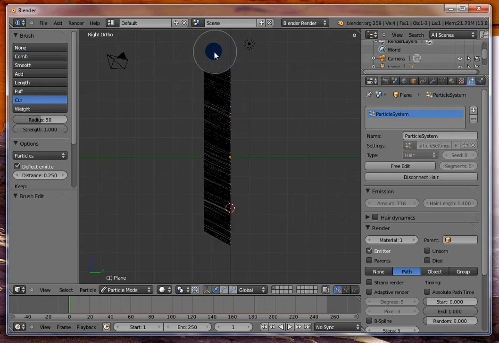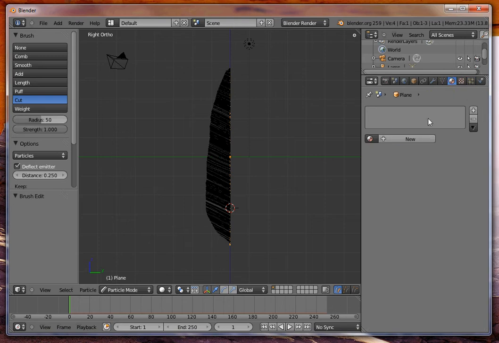Now we will just trim it to be shaped like a feather. Again, if I wanted a realistic feather, I would pull up an image and try to match the shape of the feather exactly. There's a rough shape of a feather. Okay, so now we have the particle system,